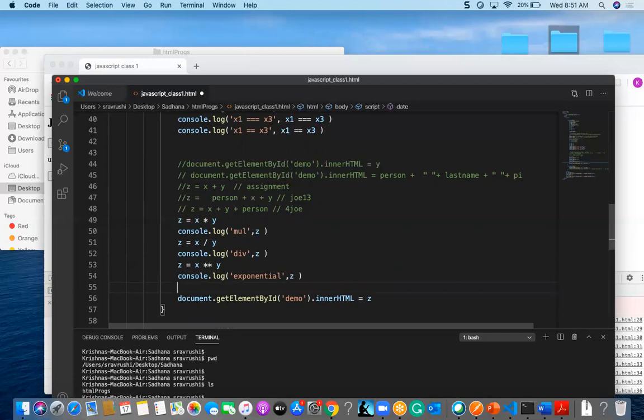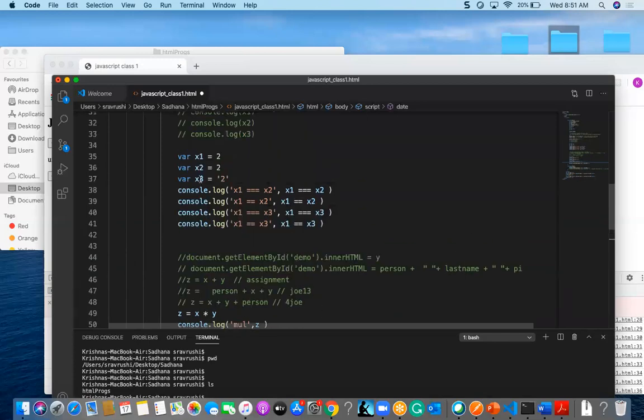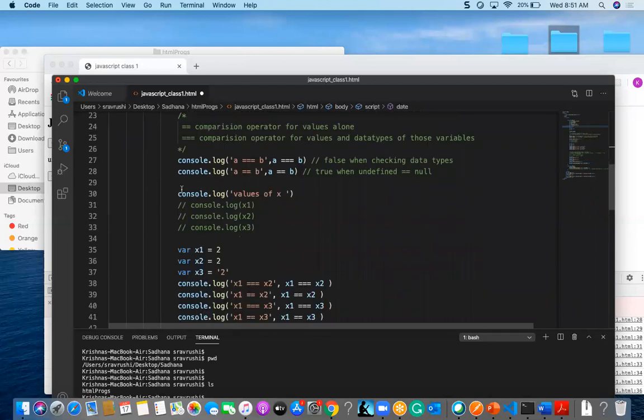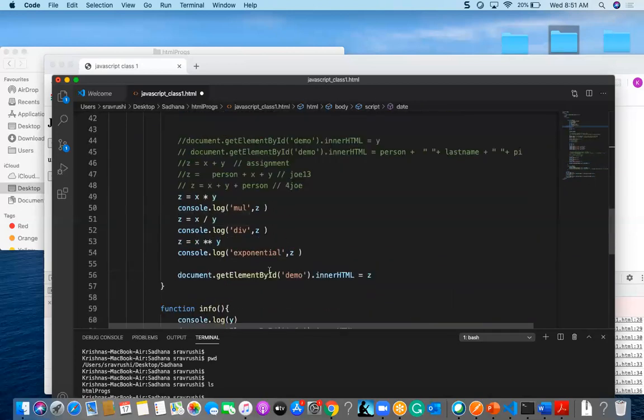And what are the x and y values? The x and y values are 1 and 3. 1 into 3, right?